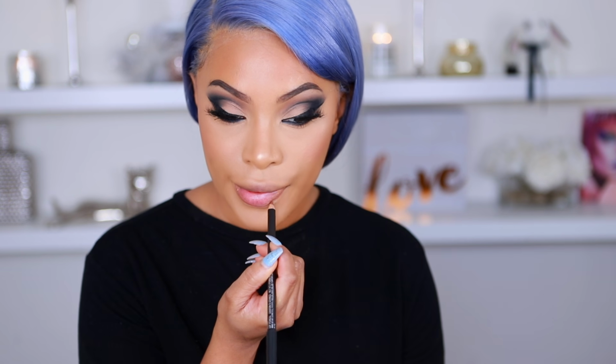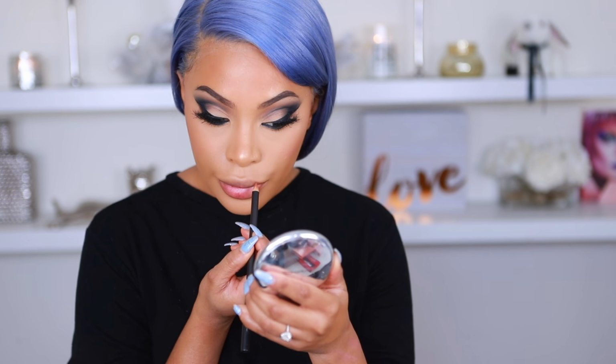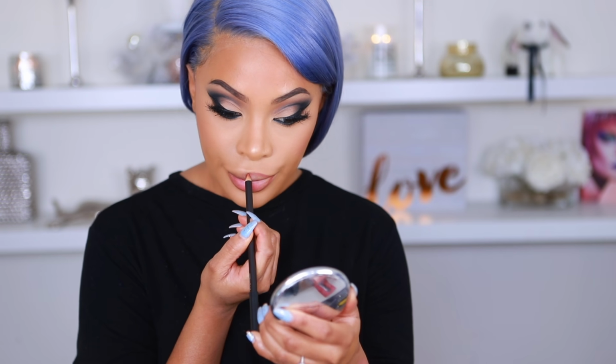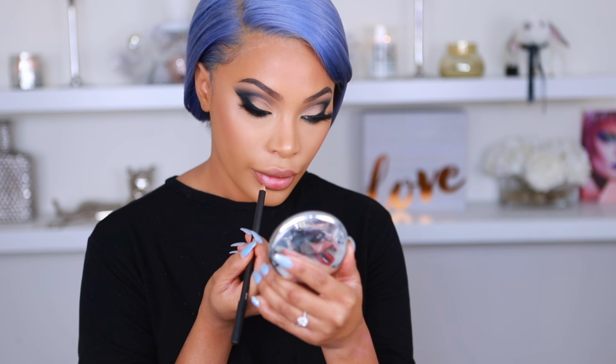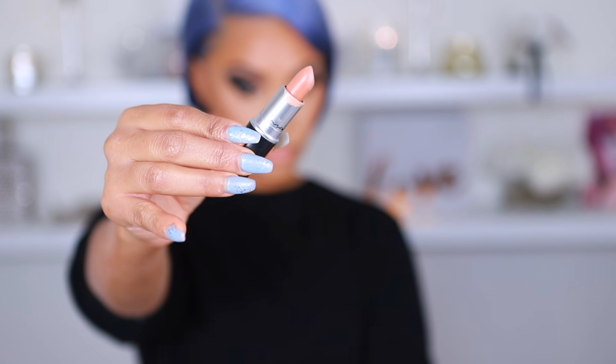Alright, so we're gonna move on to lips, and I'm gonna go ahead and line my lips, and I'm using Hover by MAC. And the Bratz, they have like super lined up lips, and they have more of a rounder shape, so I'm gonna make the shape of my lips on the bottom a bit more on the rounder side and make it look a little smaller on the bottom. Like, they do have full lips but small, if that makes any sense. And so yeah, I'm gonna go ahead and line the top of my lips, make it a little more pouty, and then I'm gonna go in with MAC